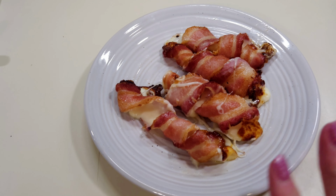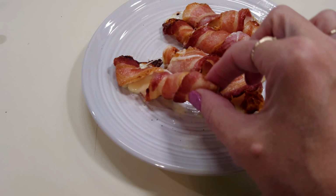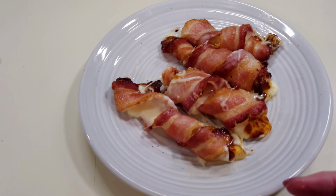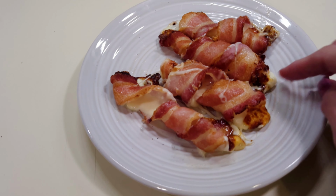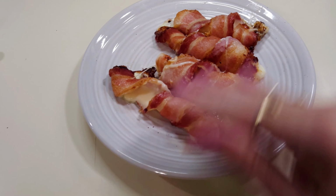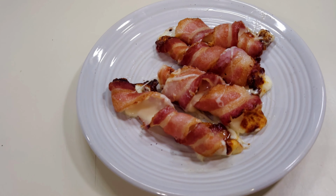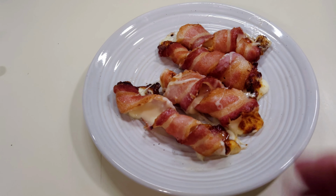Well, guys, this became a chewy, cheesy mess. The cheese sticks pretty much melted right out of the middle of them, and it did cook the bacon. They do taste good, but I don't know how everybody keeps them to where the cheese don't melt out of the middle. Maybe they have them in one of those flat containers in their air fryer. But here's a snack for you. It actually tastes really good, letting it cool off. And that cheese,